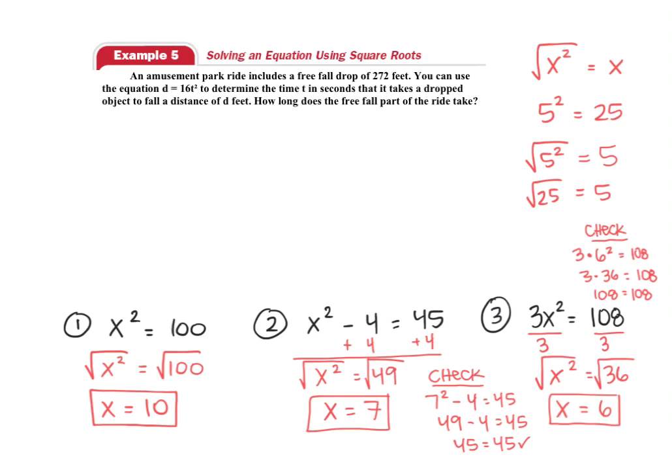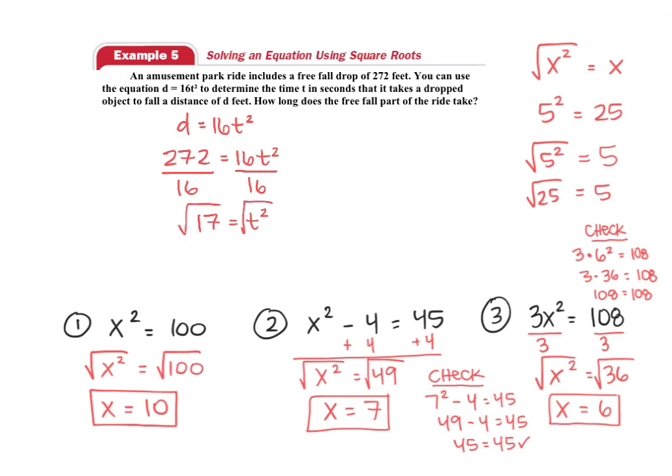Well, if this is our equation, d equals 16t squared, and the distance is 272, we're going to solve this just like we did these previous ones. So right now I want to get t by itself. So I first need to get rid of that 16. It's 16 times t squared, so I'm going to undo that multiplication with division. So I'm just going to make it easy, type into my calculator 272 divided by 16, and that is 17 equals t squared. I don't want t squared, I just want t, so I'm going to take the square root